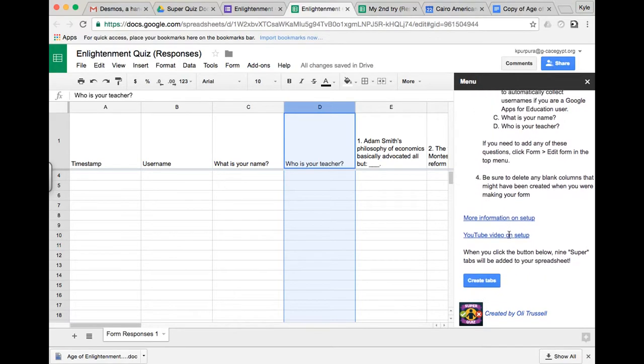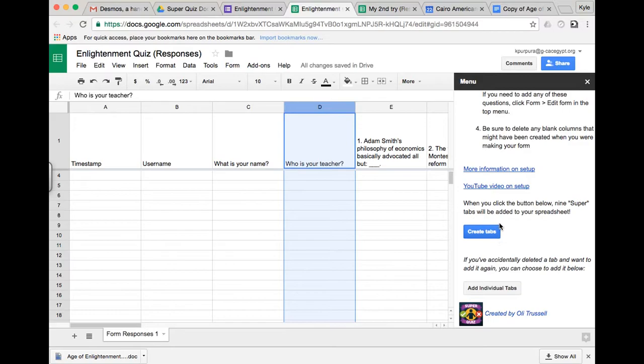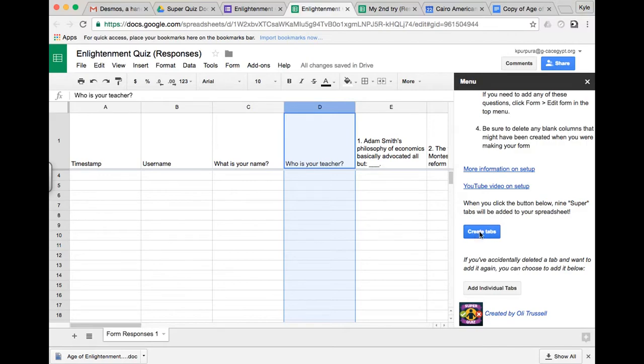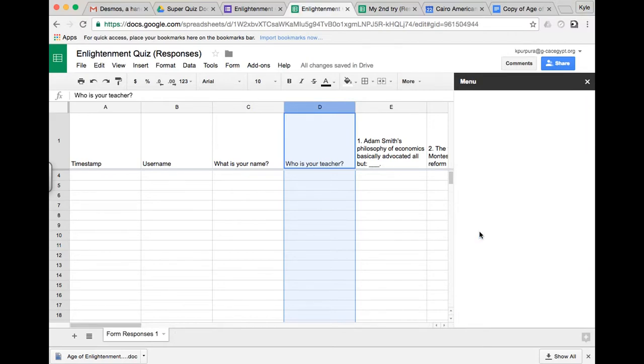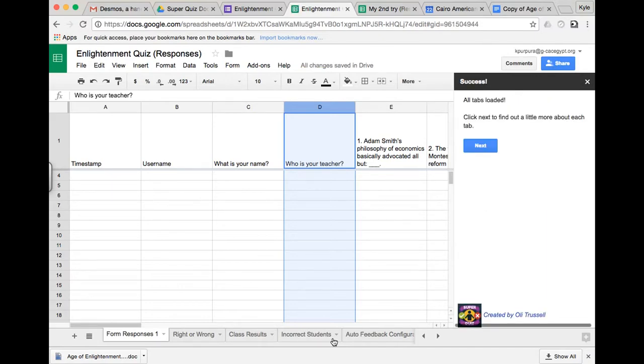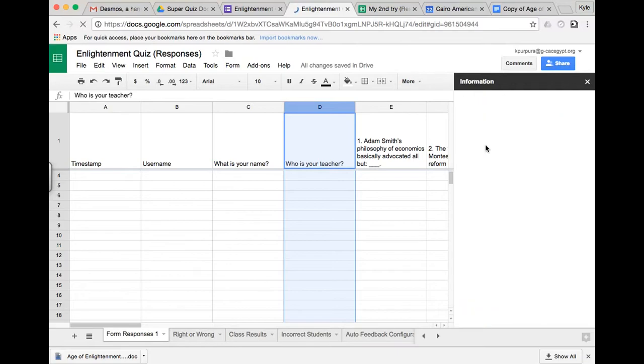I'm going to then scroll down, and I'm going to ask Super Quiz to create tabs. Make sure you scroll this checklist down to find create tabs. So I'm going to allow it to create the rest of the tabs that's going to enable Super Quiz to do its thing. So you can see now that down here a new set of tabs is being created. And that doesn't take a tremendous amount of time, but we're going to let Super Quiz do its thing, but I want to show you the results of another quiz that I have created. Oh, we can go ahead and hit next now that this is successful,